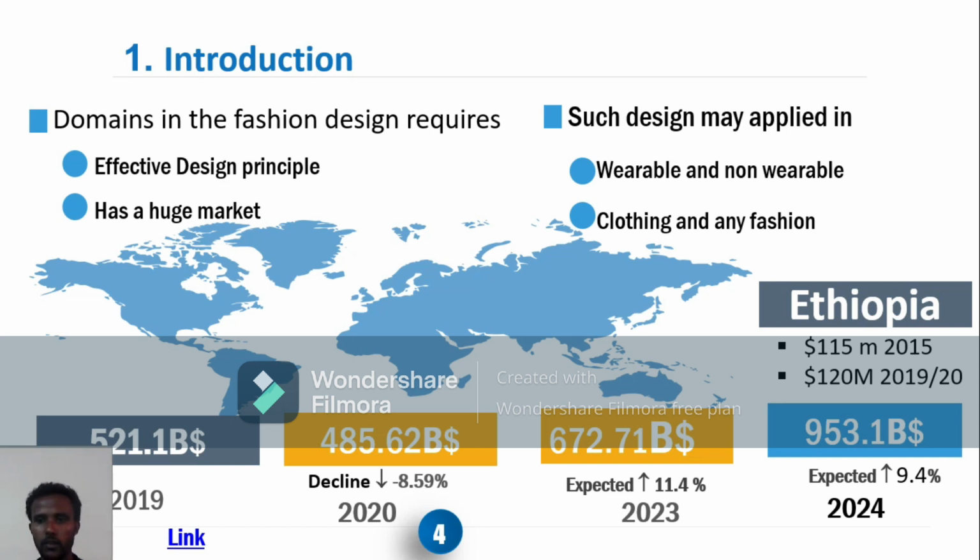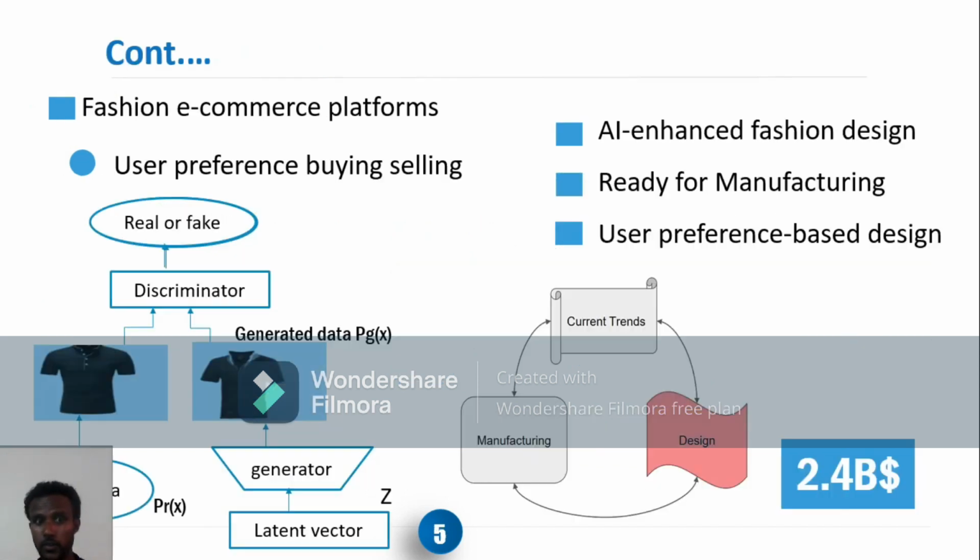11.4%. In our country, Ethiopia, there is no well-organized report. 150 million dollars were invested in 2015 and 120 million in 2020, in the 2019 budget year. And it is expected worldwide to reach $953 billion in 2024, which is a huge investment when we compare with other sectors. So whatever the case, fashion design requires effective design principles, and so the introduction of artificial intelligence